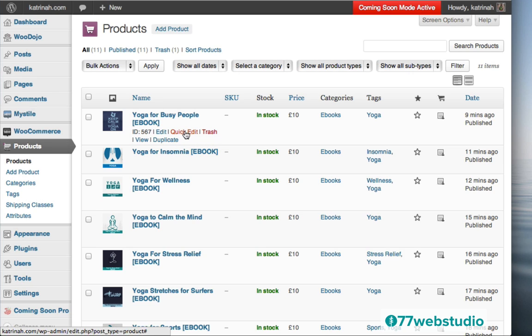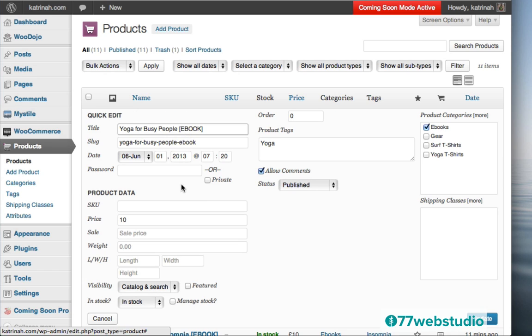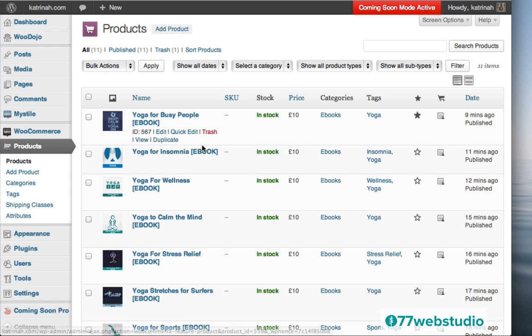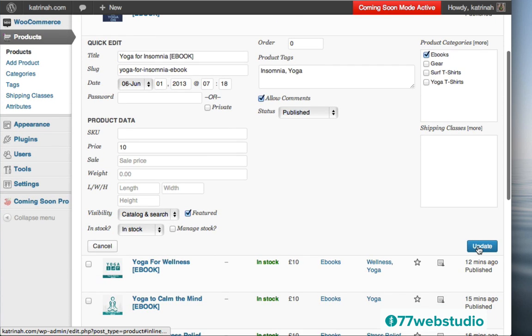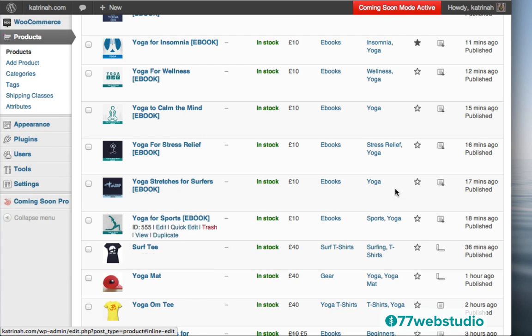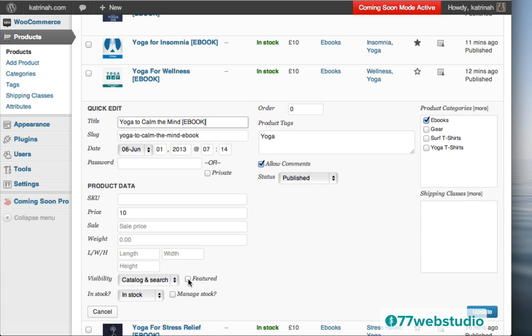So for each of them, I'm going to click on Quick Edit one by one. And then you see there's this featured box, so I'm going to click on Featured and click on Update. And then I'll do the same for the next ebook. Click on Quick Edit and then click on Featured and click on Update. And I'm going to do this 6 more times. So I'm going to click on the next one, Quick Edit, Featured, Update.